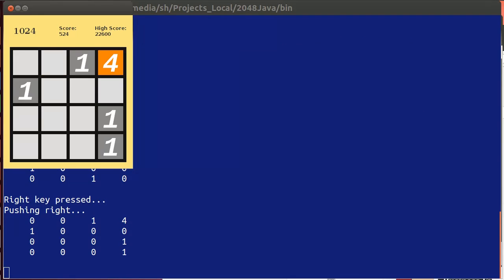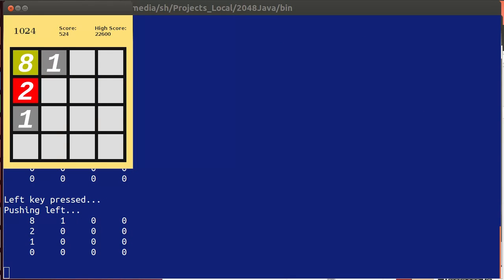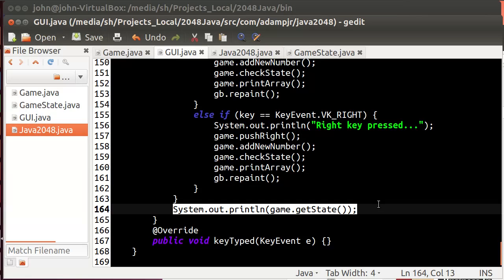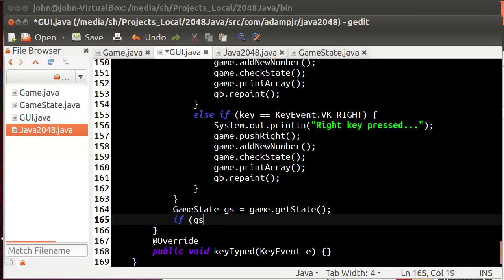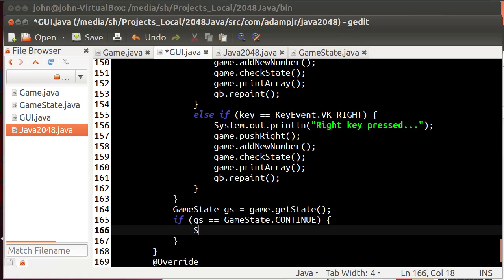Okay, it doesn't seem to actually be printing anything. I probably need to add a toString method or something. Let me do this more explicitly then. Game state gs equals game dot get state. If gs equals game state dot continue, then we want to print continuing game,